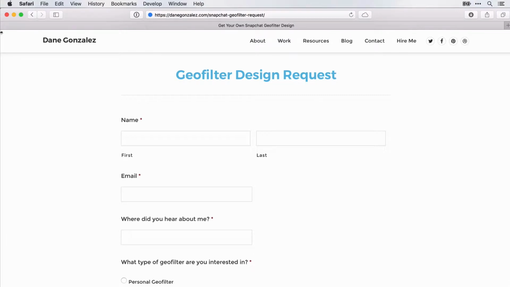Now again, you don't have to have a complex questionnaire on your website to get started. However, I find this really helps to get all the basic information up front so you don't have to do all of this in email, which you'll likely have to do because this is all the information that you'll probably need for each Geofilter. So what I use for my website is WordPress as my content management system,